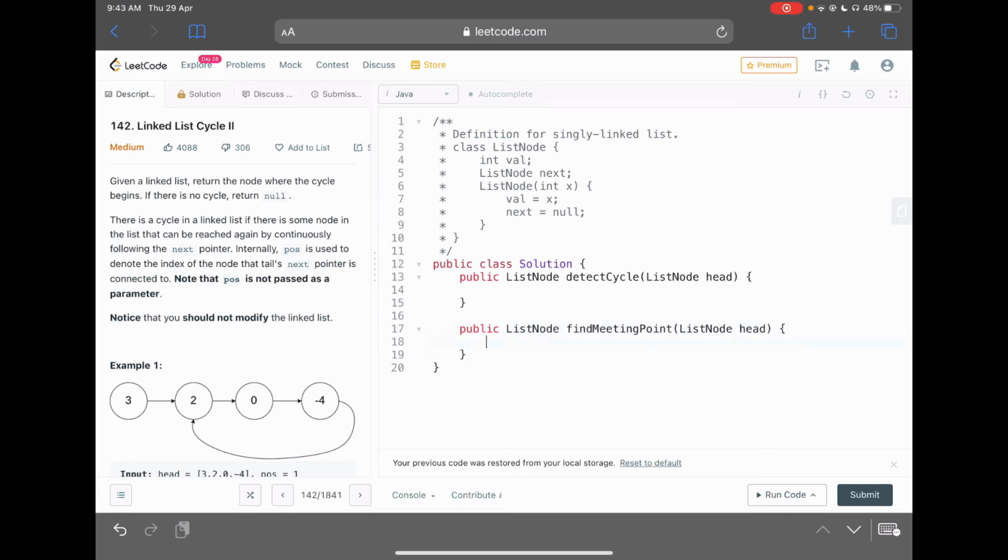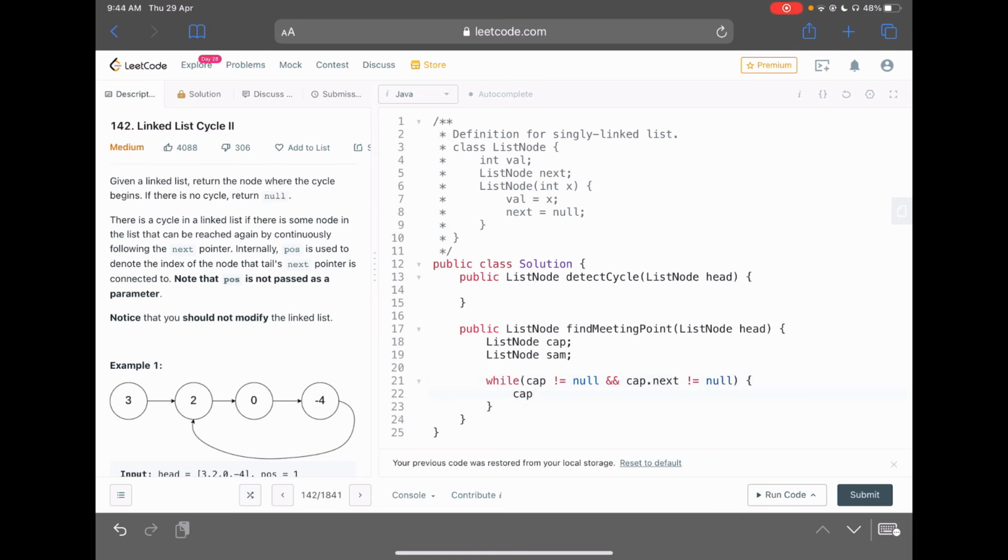We are going to do the same thing. We'll have a list node cap and a list node sam, and while cap is not equal to null and cap.next is not equal to null,